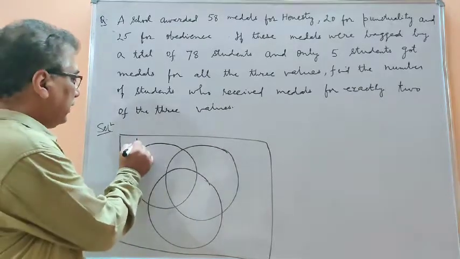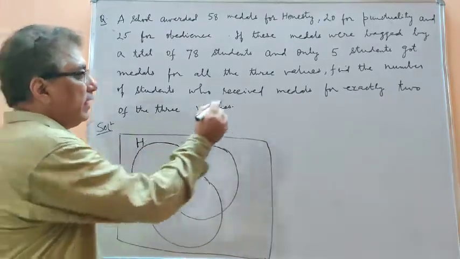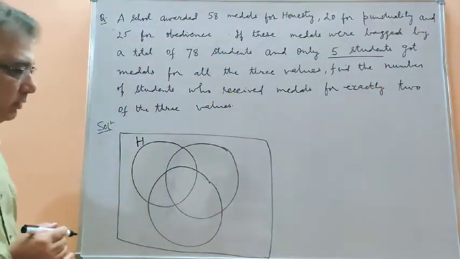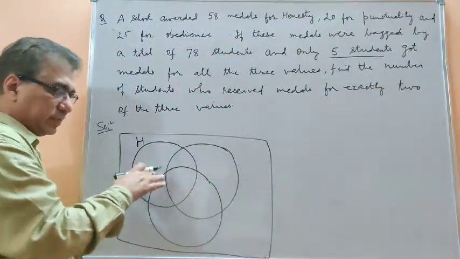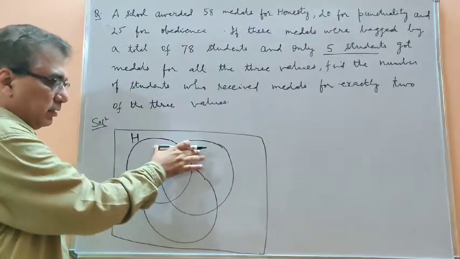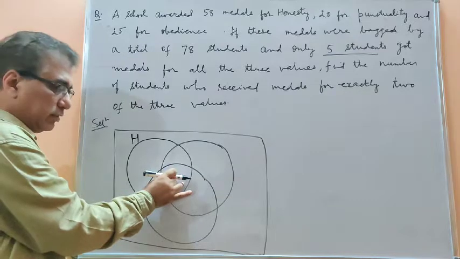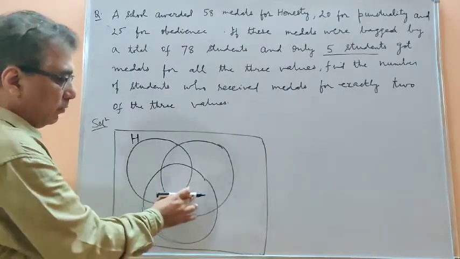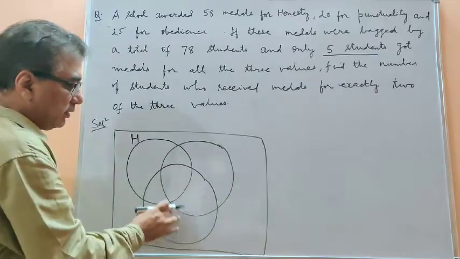Okay. Now since we find these 5 students are common, that's why we have gone for this type of structure, in which we have taken something common between this set and this, something in common in all the 3 sets, again here common between this and this set, okay, this portion is common between this and this set.